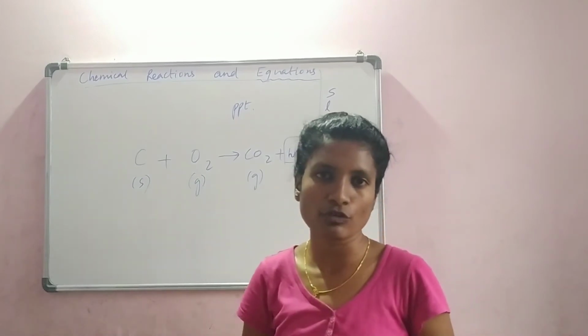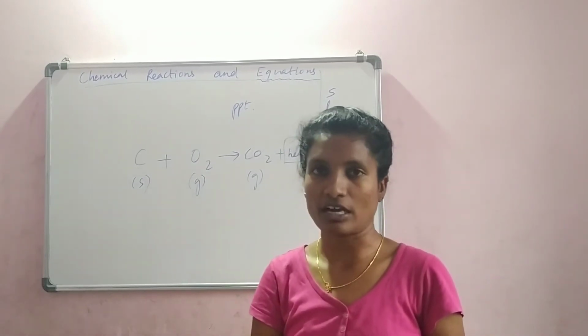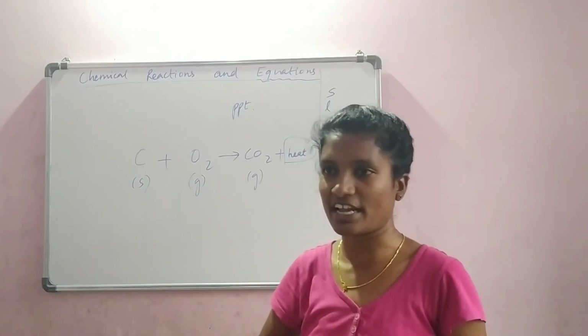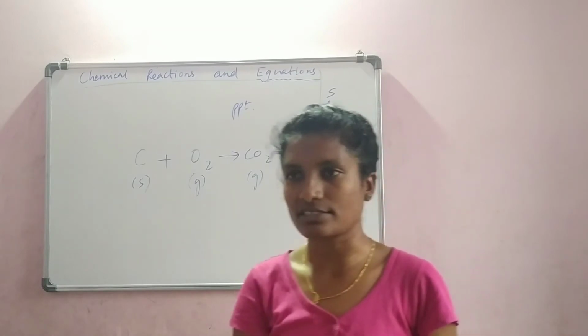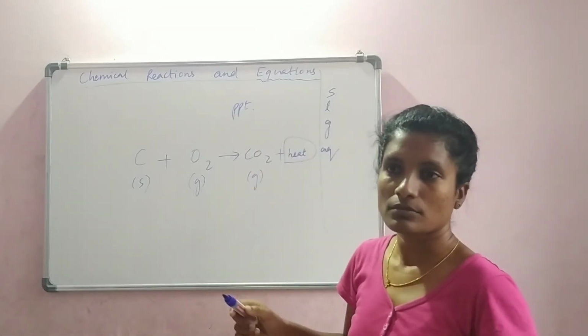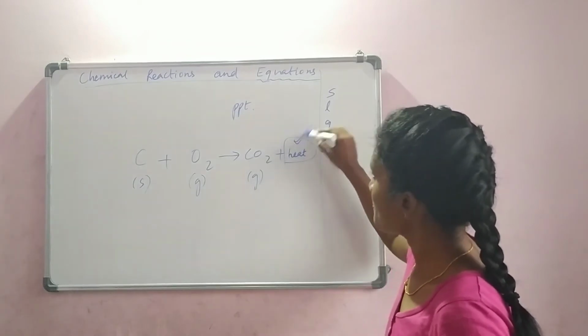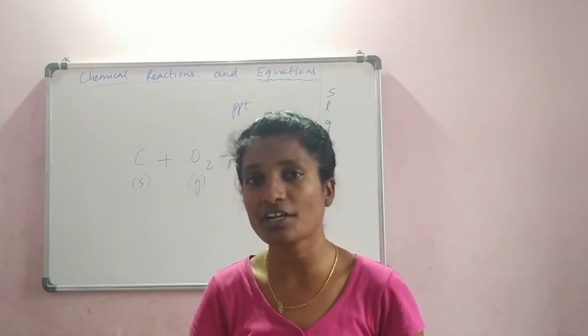I had eaten my food. I am breathing in oxygen. Now I am breathing out carbon dioxide. This chemical reaction is represented here as a chemical equation. Along with carbon dioxide, heat also came outside. That is the chemical equation. So some reactions are heat generating. Heat is coming up. So what is it?